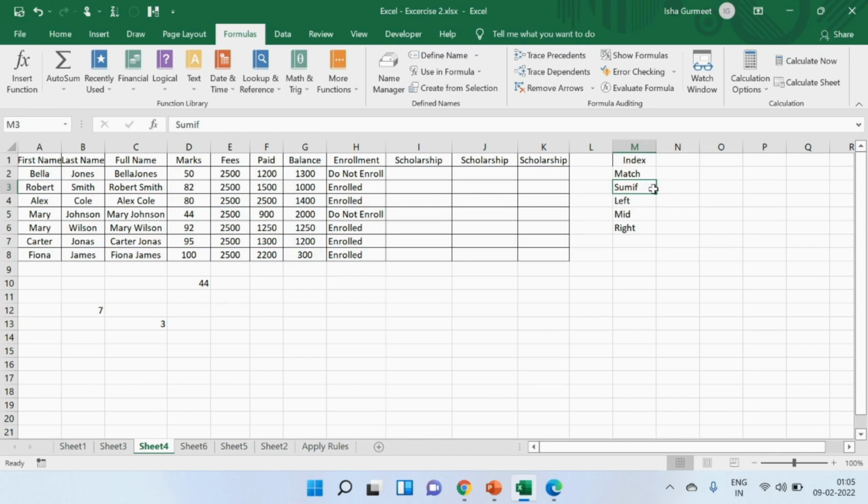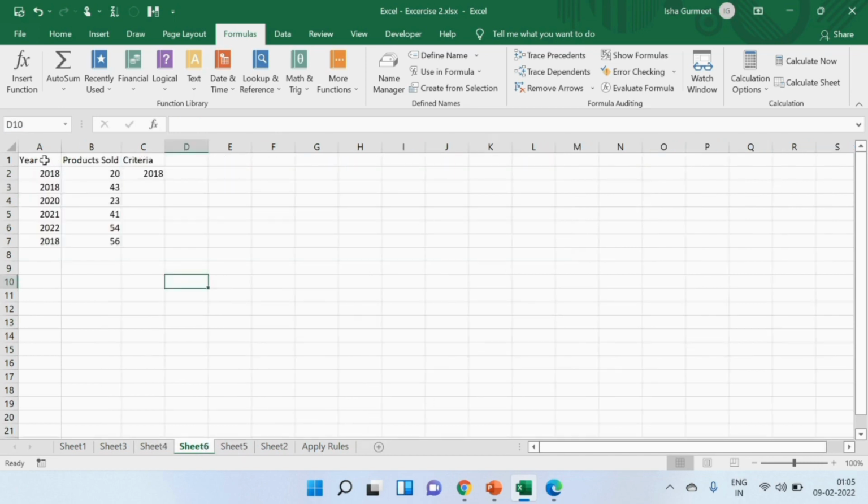For this particular formula, I will use different data. Let us suppose that I'm in a sales business, or I'm manufacturing a particular product. So I'm looking at my sales numbers. These are the years that I'm looking at: 2018, 20, 21, 22. These are the products sold in these particular years. Now, the criteria that I've mentioned is 2018. So I want to see in 2018